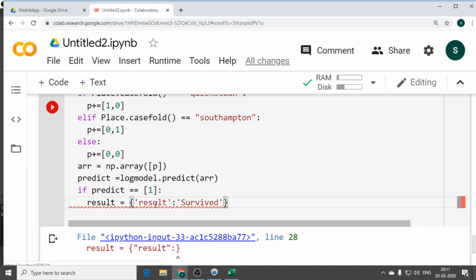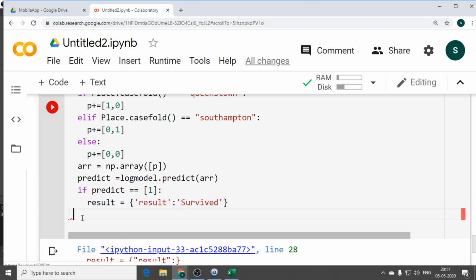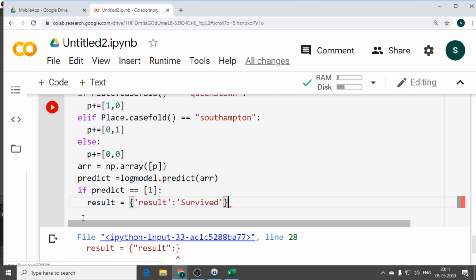Survived. Just let me make sure, because I want to see the same output on the screen. Due to a type error, it has been showing an error. Don't worry about that.